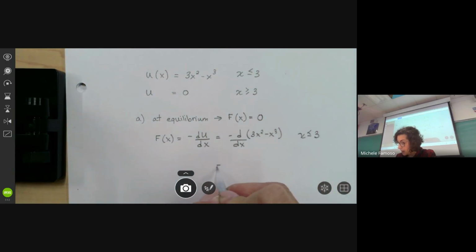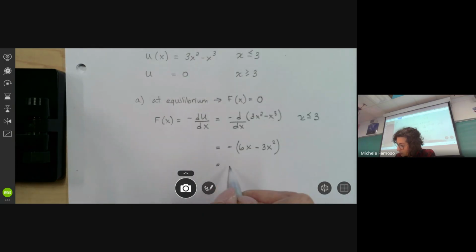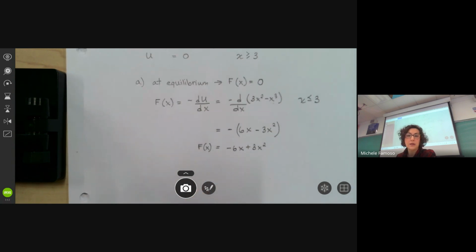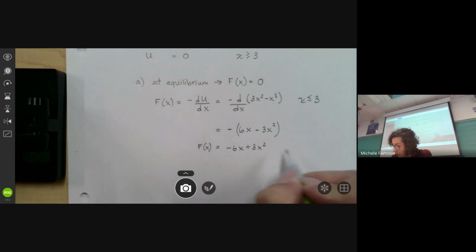So let's go ahead and take that derivative. The derivative of 3x squared with respect to x is 6x. The derivative of negative x cubed is negative 3x squared. Now I'm going to negate that. So that gives me negative 6x plus 3x squared as my force function. Now what I need to do is I need to figure out at what positions this equals 0. So that means I'm going to set it equal to 0